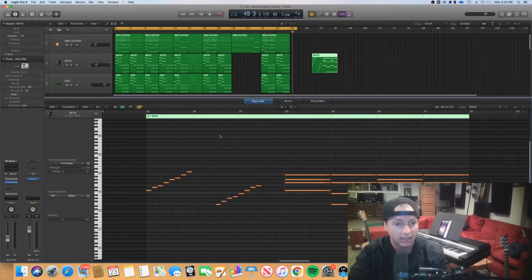So to get into the music theory, we could describe this song as being in the key of C sharp minor. C sharp minor is the same scale as E major. Both those scales have 4 sharps. The sharps are C sharp, D sharp, F sharp, and G sharp. If we play C sharp minor, it sounds like this. Again, that's C sharp, D sharp, E, F sharp, G sharp, A, B, C sharp.